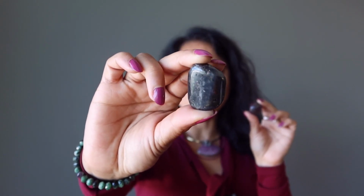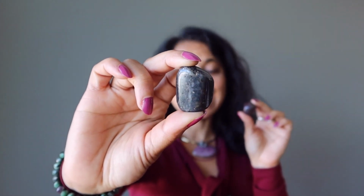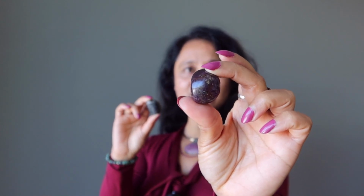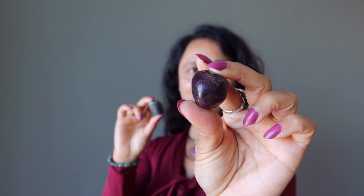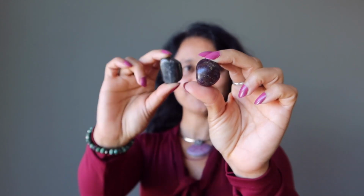It is more of an indigo blue, and therefore it remains a sapphire, because sapphire is any color of corundum that is not red. Now this one here is not bright red, but it does have that purplish red tone, and that makes this stone a ruby. That's an example of why it is important to have a reputable vendor to go to. This vendor obviously didn't really care what the stones were. They just tossed them all together. They didn't do their research,